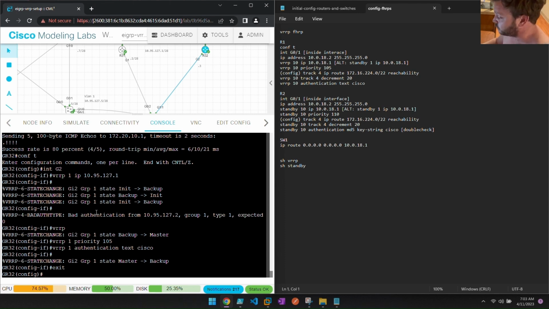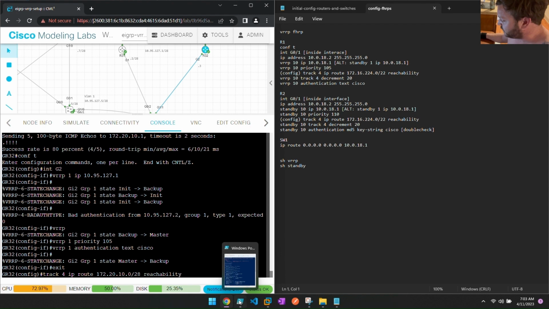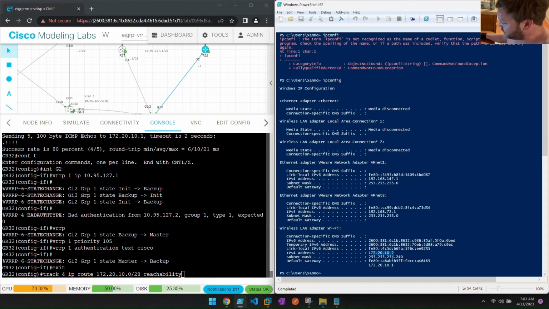tracking. I need to track for reachability. So I'm going to do track for IP route, and I'm doing 172.20.10.0 with a /28 subnet mask, and I'm doing it for reachability. And once again, you can see it in the IP config. I'm tracking for reachability to my router, to my gateway router. All right, so